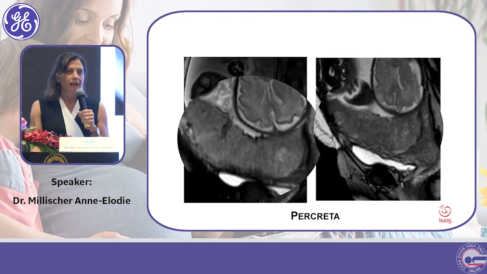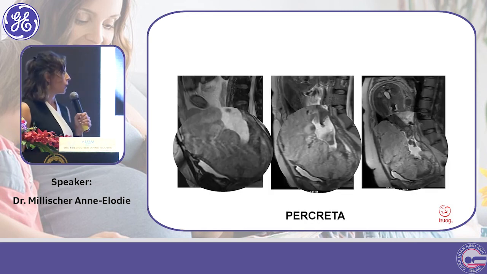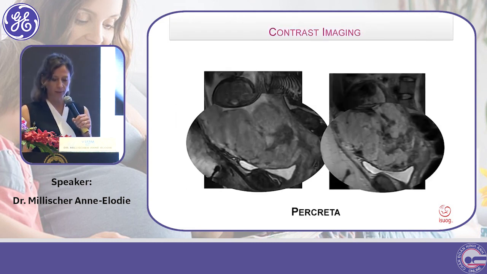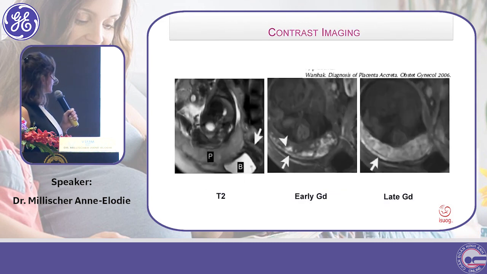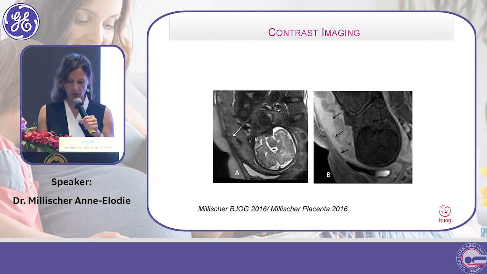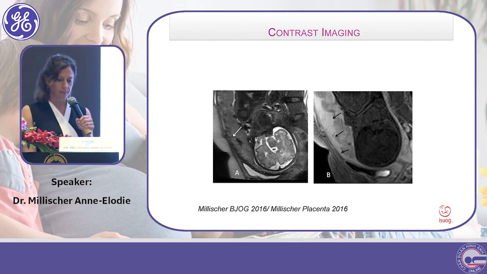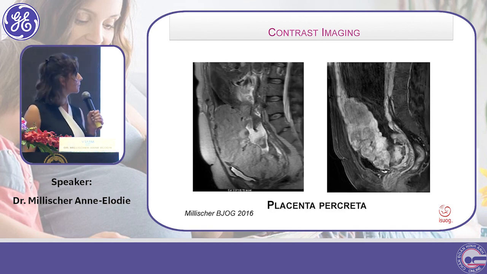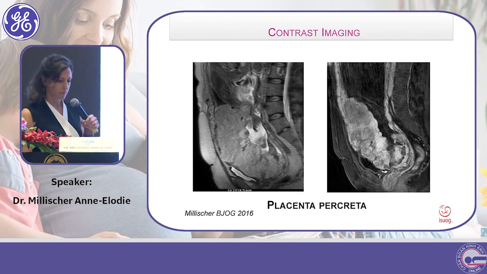Recently, we tried to add some contrast in order to improve the differentiation of placenta and myometrium. And as you can see on this example, sometimes it is difficult to differentiate the placenta and the myometrium. But after adding the contrast, you can see that the borderline of the placenta is more accurate with the contrast. Và người ta xem xét là sẽ tiêm thuốc cản quang vào để đánh giá tốt hơn khi mà so sánh hai cái hình, một bên có tiêm, một bên không tiêm. Thì mình thấy tiêm thuốc cản quang nó sẽ làm tăng cái mức độ tương phản,